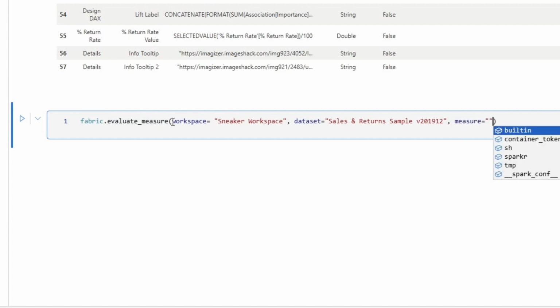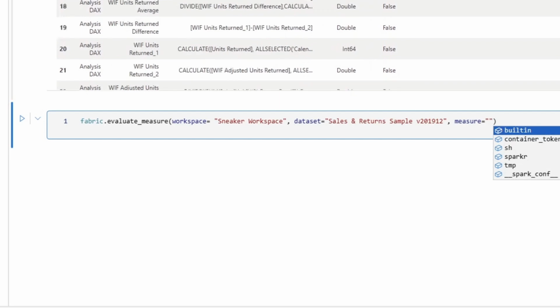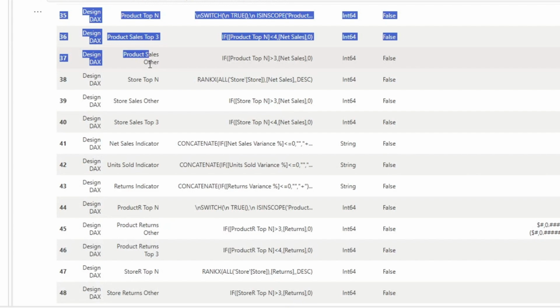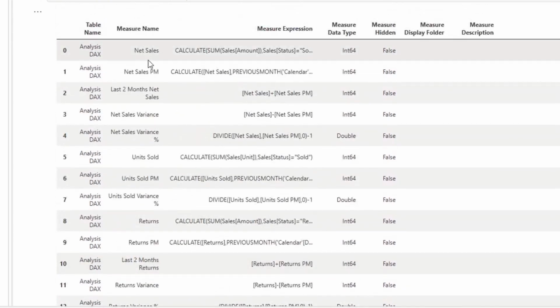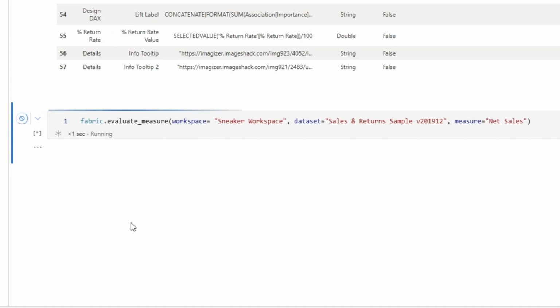equals, and then I give it the name, and let's just say I want it to return net sales. I can go up here and grab net sales out of this right here. And if I go down, here we go, and I give it net sales, you'll see right here, it'll go and evaluate that measure. Now, this is obviously just a really quick example of Python. I'm not actually building anything in Microsoft Fabric with these notebooks, but you can see how useful this might be